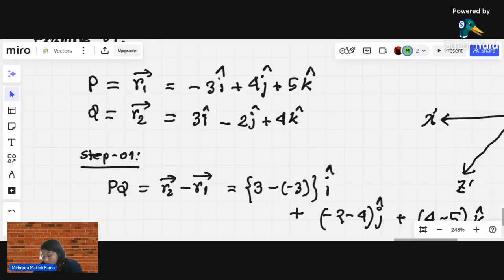So now we want to know its magnitude, and how we can come to a conclusion, how we can figure it out. We have to figure it out by simply taking the square root. We have to square each of the entities here and square root them. So the value would be something like 6 squared plus, you must write here, minus 6. For the sake of understanding, I know that if we square a minus term here, it would simply cancel out and result in a positive value. But for the sake of understanding, I'm writing it here